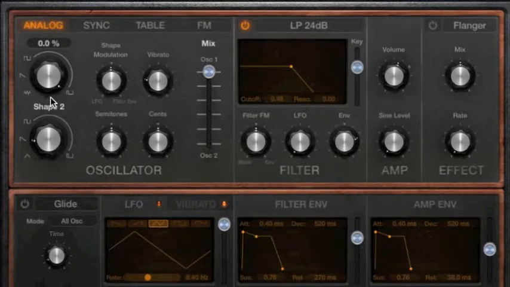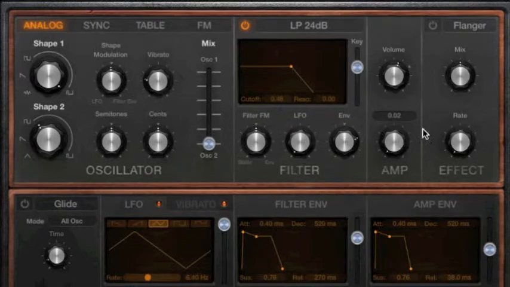On the second oscillator, we can select triangle shape, another sawtooth, or again, a square wave with varying pulse widths. Now, this synth differs from the synth in the videos because you can't select a sine wave by itself, but